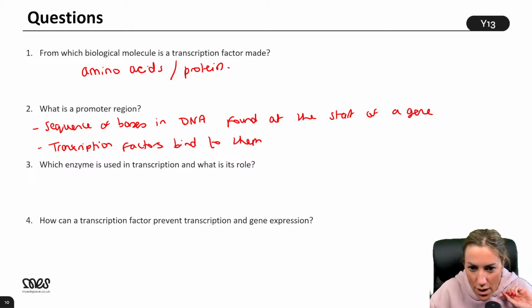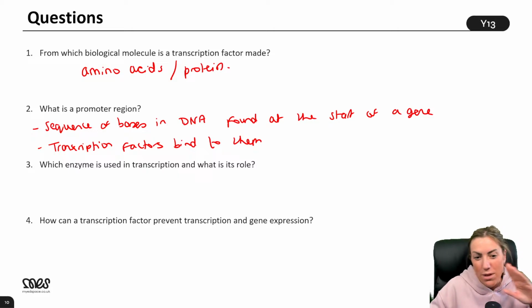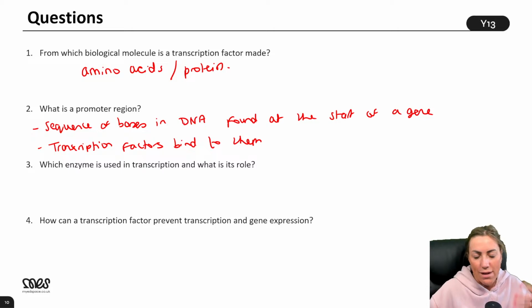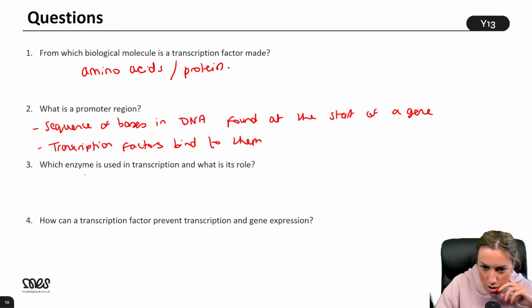Will we need to learn about estrogen, progesterone, etc., the menstrual cycle? I don't think the menstrual cycle is on OCR A level, no. The menstrual cycle is not on AQA A level either. I was going to talk to you a little bit about estrogen today, but only because estrogen can initiate transcription as well. It's another example of control of transcription, but I don't think we're going to have time to do that much detail on it.